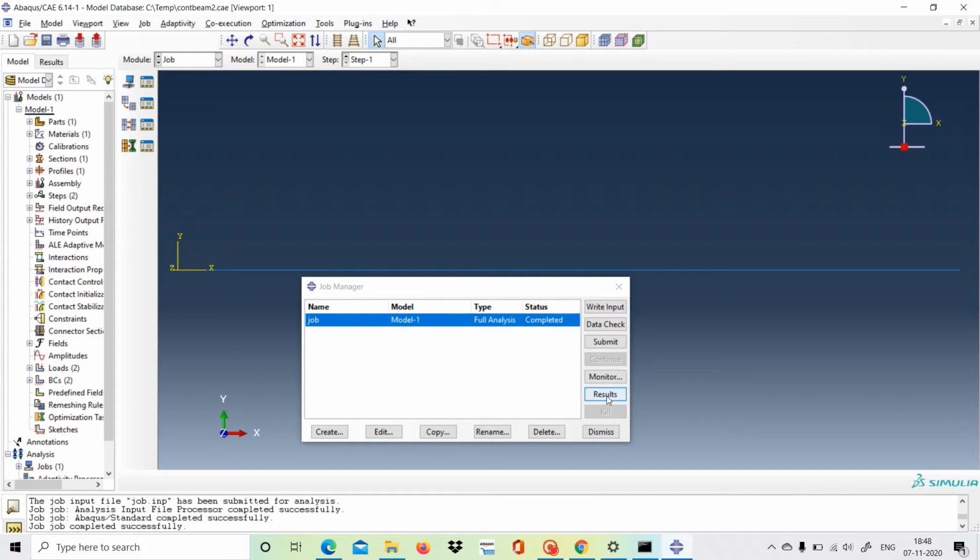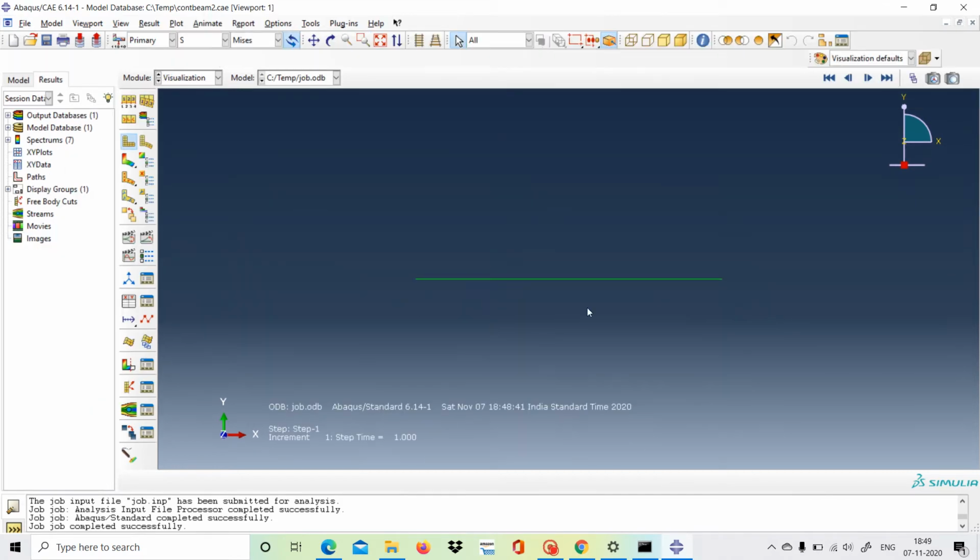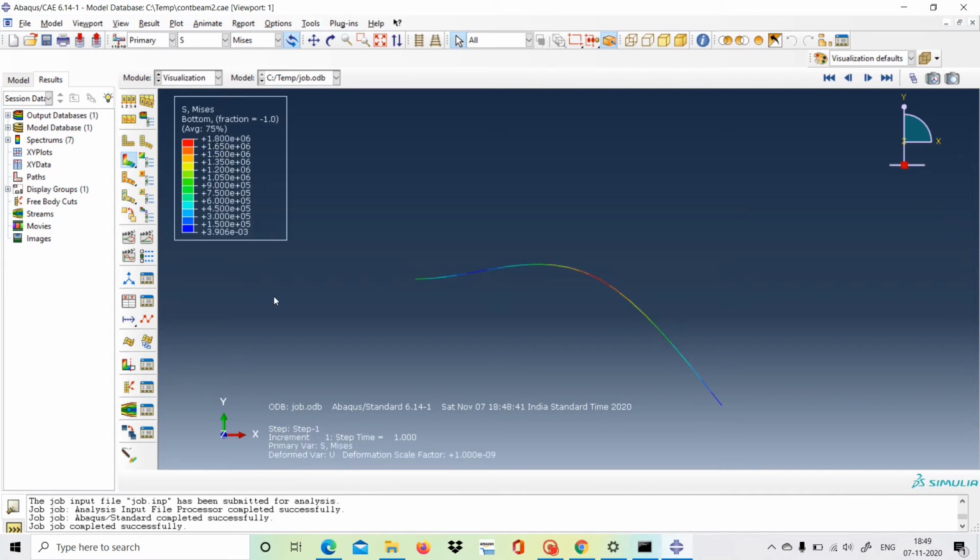Completed. So now we will click on results. This is the plot contours and deformed shape. We will click here. So it is the deformed shape of the beam. We can also verify that at this end there would be zero displacement, and it will vary, and at some place it would be zero where the hinge support is acting, and then at the far end, where there is a concentrated force and free end, the maximum displacement would be there. It's showing the maximum displacement at that position.